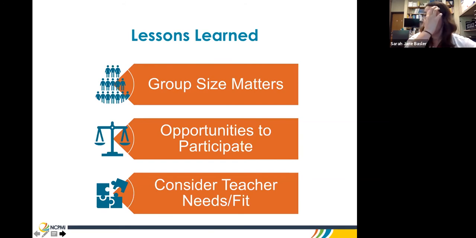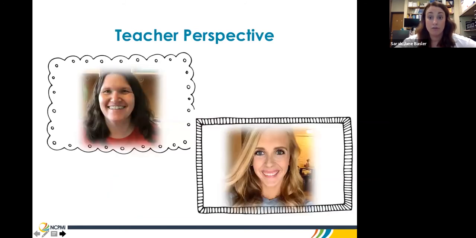Because we provided coaching as a research study, the teachers were consented. So essentially they wanted to be coached. If you are thinking about piloting this in your program, you might want to gather a group of teachers or coachees that really want to be coached, and test it out that way. All right, so I'm going to turn it over to ML, and we're going to get the teacher's perspective.